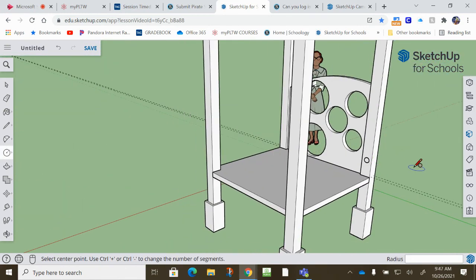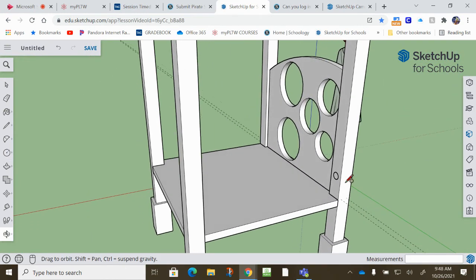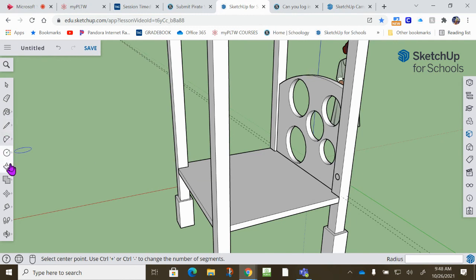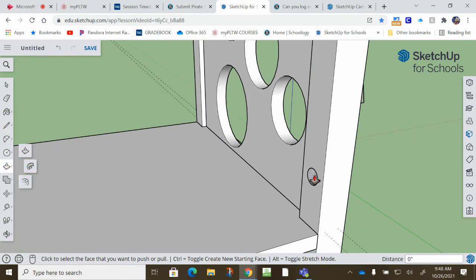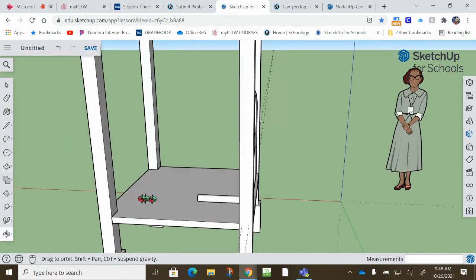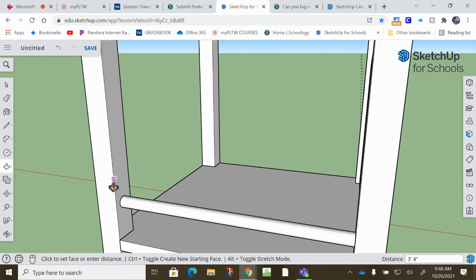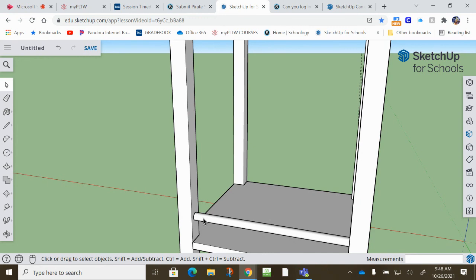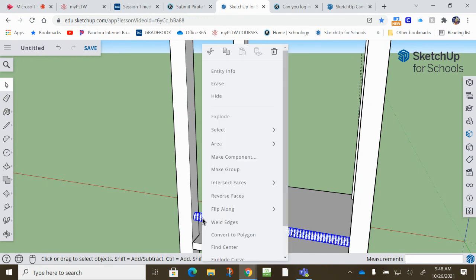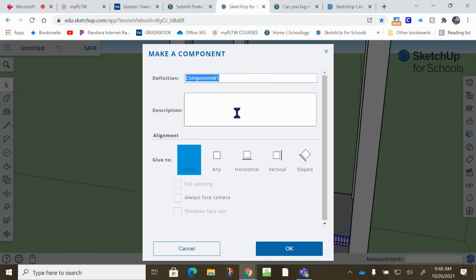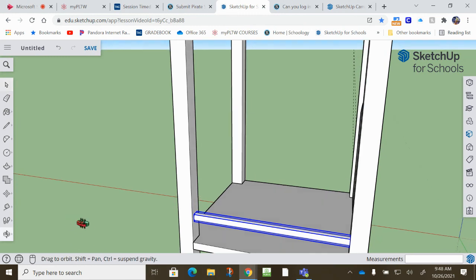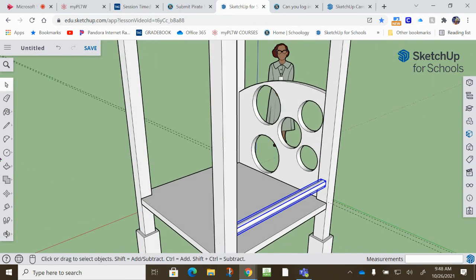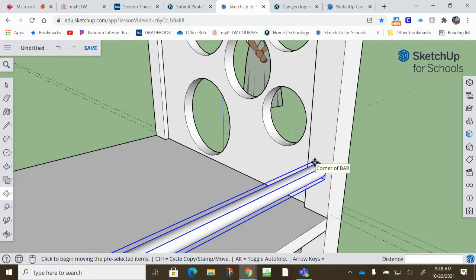So we're going to make a bar that goes from one side to another. So let's make a bar. Let's push pull that out, and rotate around over to this. There we go. Now let's go to our selector tool and go click, click, click. Right click, make a component. We're going to call this the bar. And then say OK. And then we're going to use our move tool. And then we'll use our click and drag it